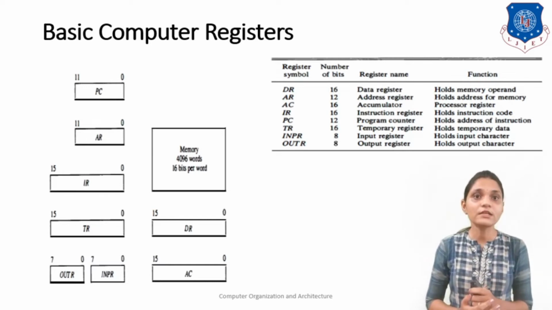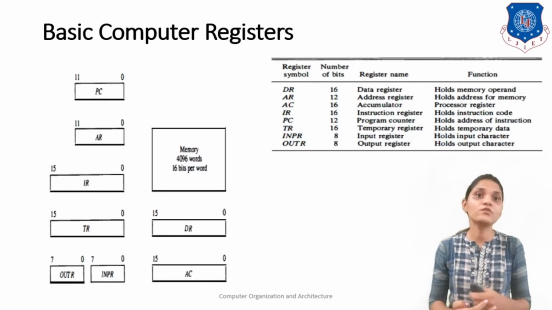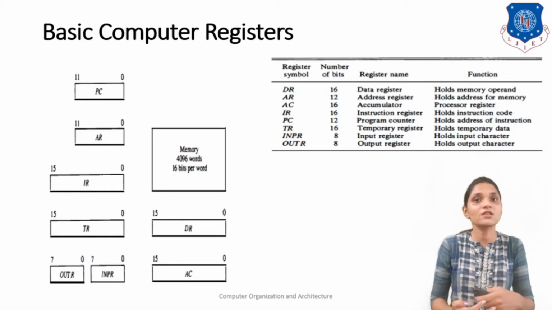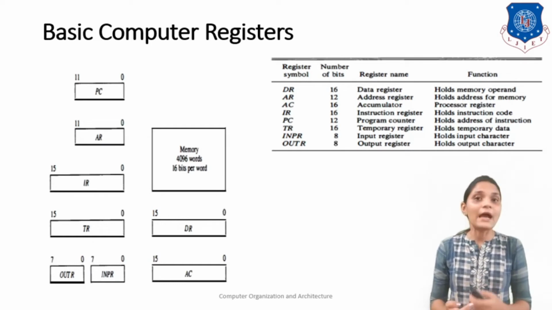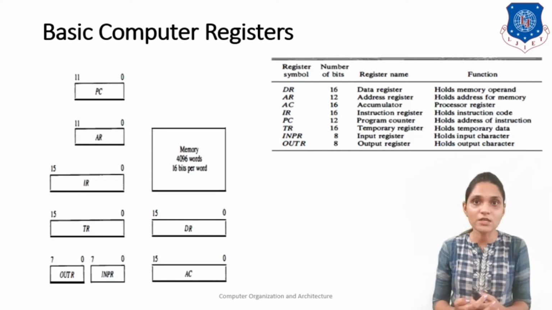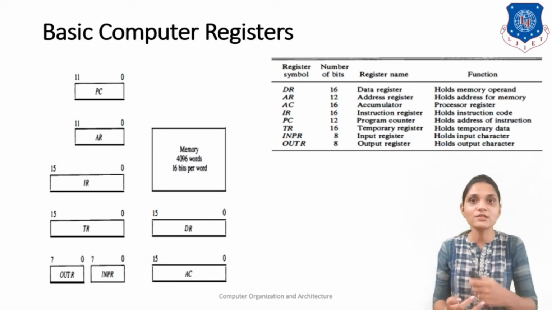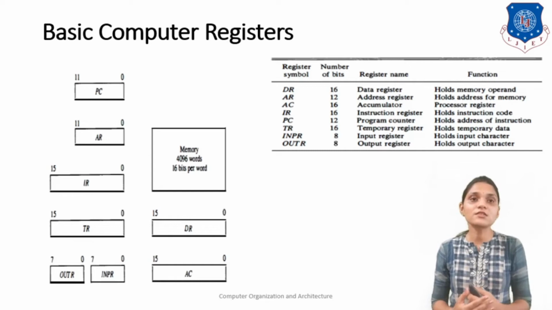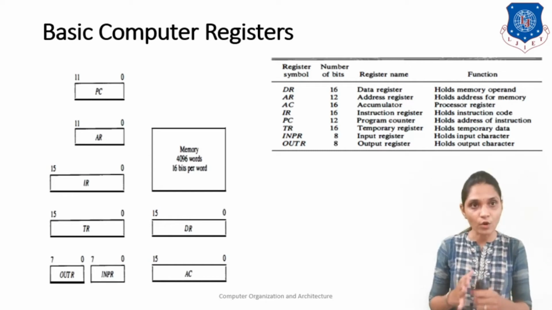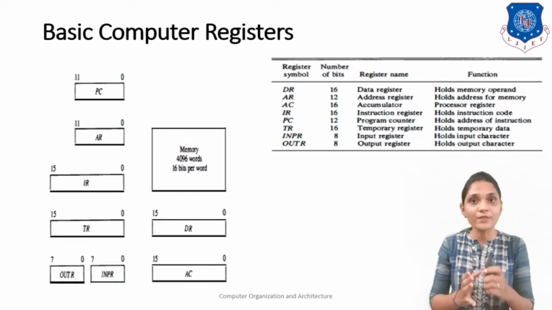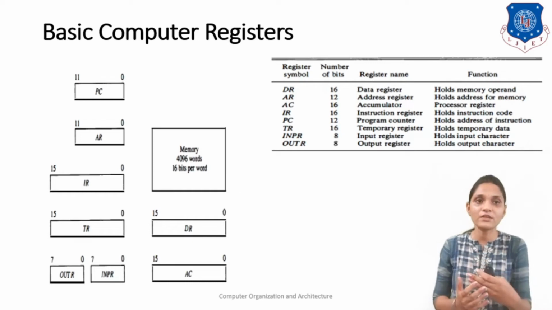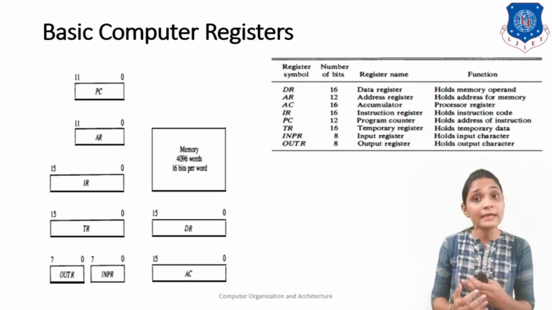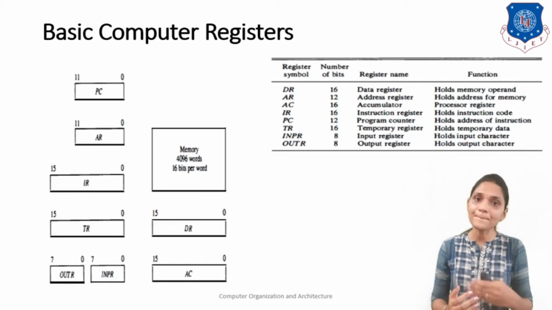Here the program counter holds the location where your next instruction is stored, which is used for sequencing your instructions. The address register stores the location of your operand, or you can say the address of your operand. The instruction register stores your instruction, which has two parts, the operation part plus the address part, and the address part is transferred to the AR register whenever required. If your instruction is a memory reference instruction, then it will be required. The TR register is for storing temporary data.